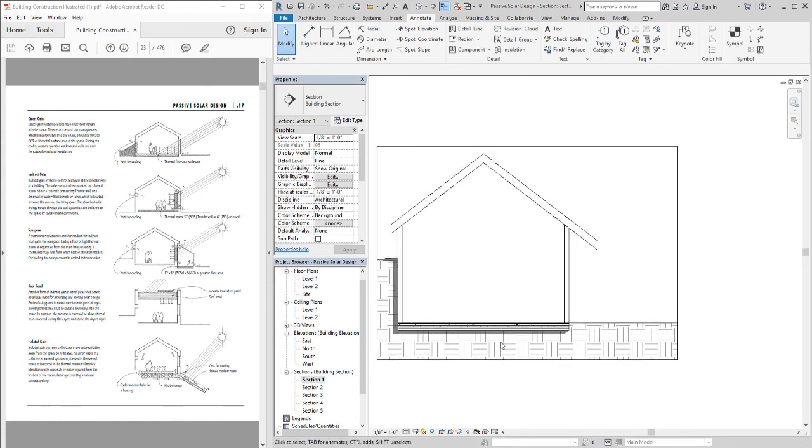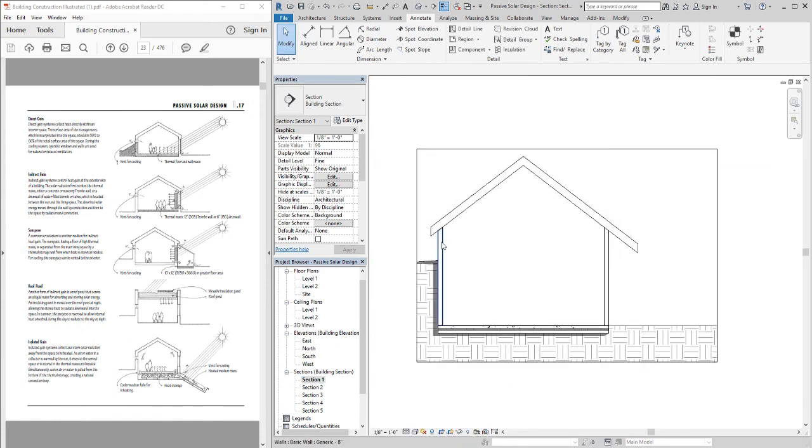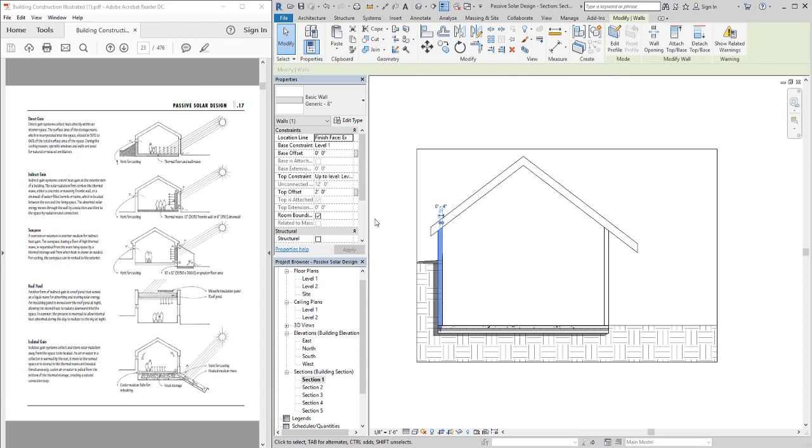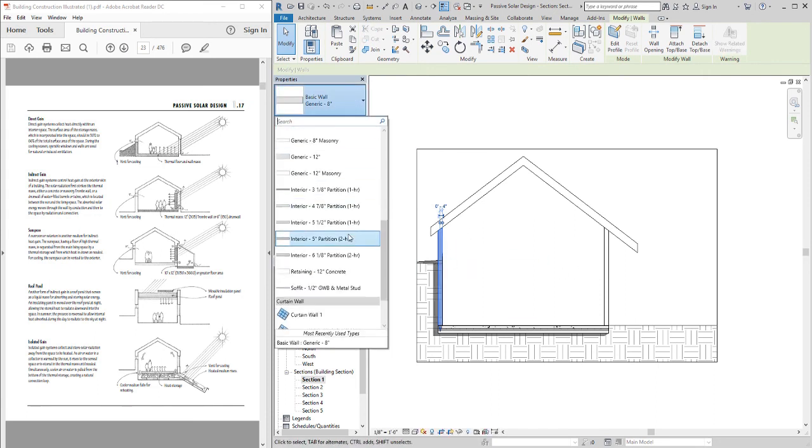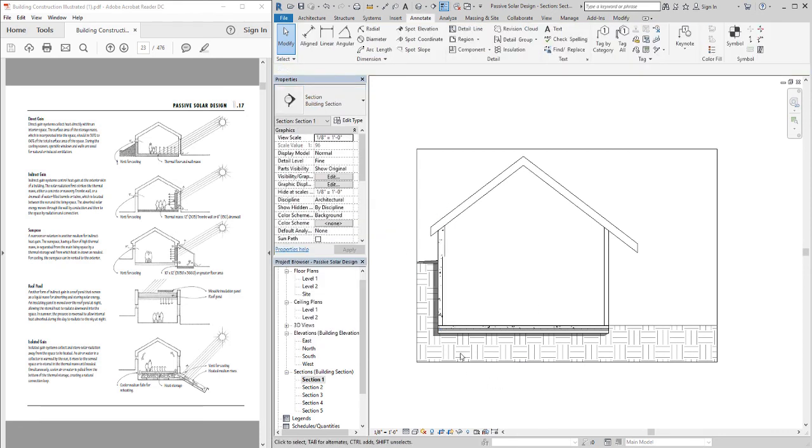Okay, so section 1. We've made our material. Same thing with this back wall. We would want to make that out of stone as well. We could turn that to like a retaining 12-inch concrete wall here. And here I have